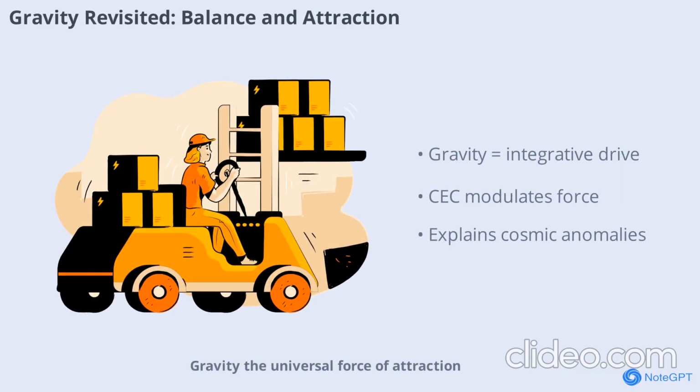natural evolution. Gravity, the universal force of attraction, is reframed as the integrative drive opposing expansion. The gravitational force equation is modified to include the equilibrium constant, making gravity itself a manifestation of the drive to restore balance. This approach could explain galactic rotation curves and cosmic acceleration without invoking dark matter or dark energy as